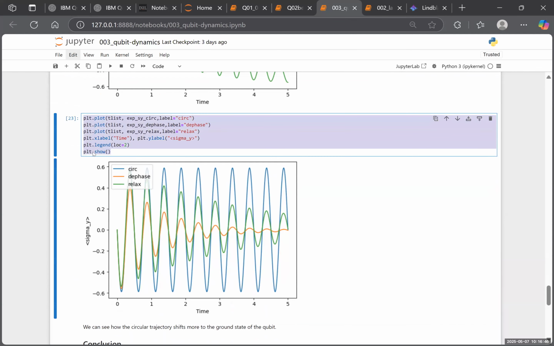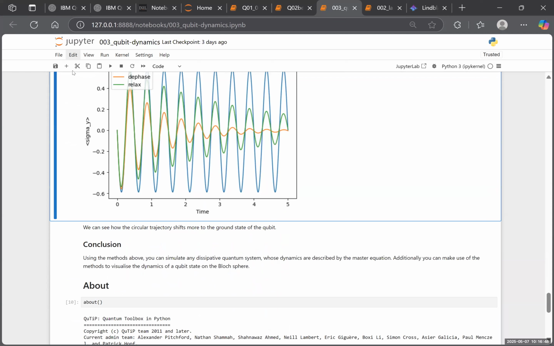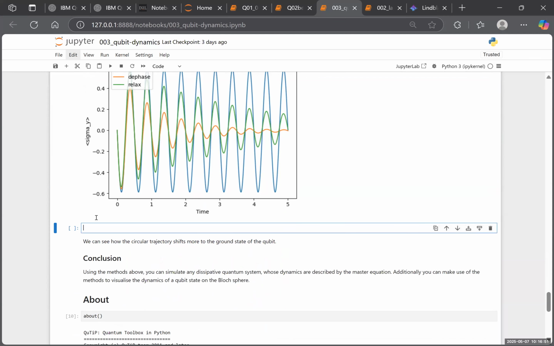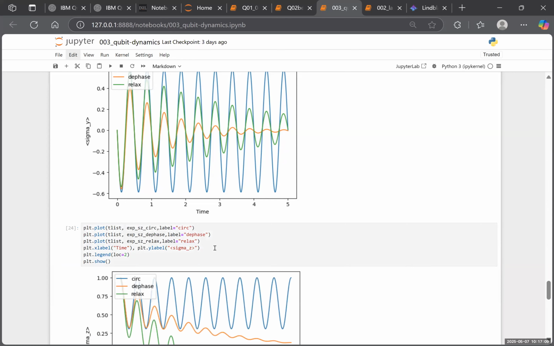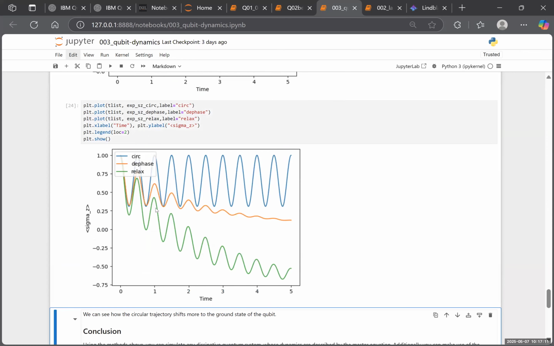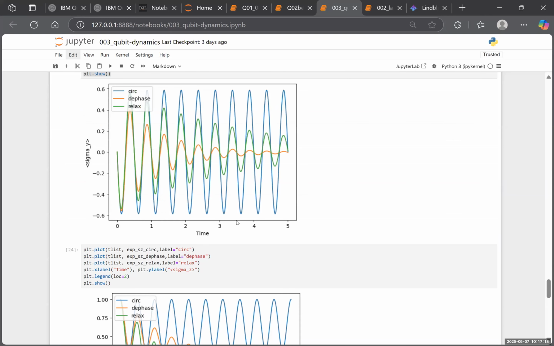Let's compare z. But even for such a simple system, right? You add dephasing, relaxation, it's hard to understand intuitively. So this is how we experiment with this numerically, and then you can get some intuition and see the plot. Dephasing. So the sigma z, perhaps